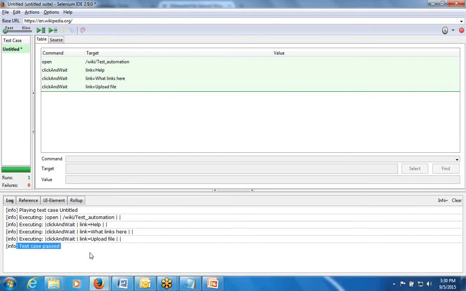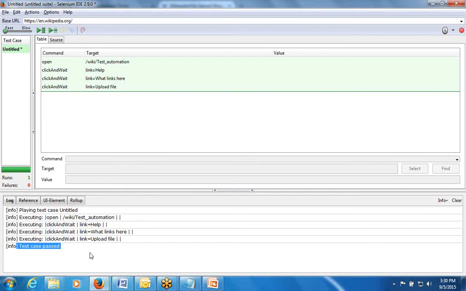Yeah, one more doubt. See, this recording, can we add our script in between these recordings? That's what. Actually, I didn't complete the explanation. So as of now, I generated a small step. Here I have generated the steps, right? Now, if you see here, we have a file option. In the file option, you will be having the export test case option. So here you get many ways to export this test case. So you want to execute as Ruby or Python or Java. For example, if you wanted to generate this particular code in Java, how can you convert?